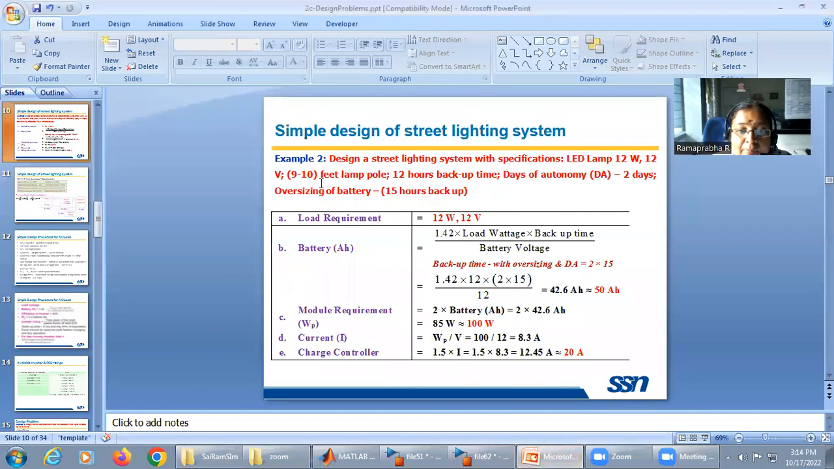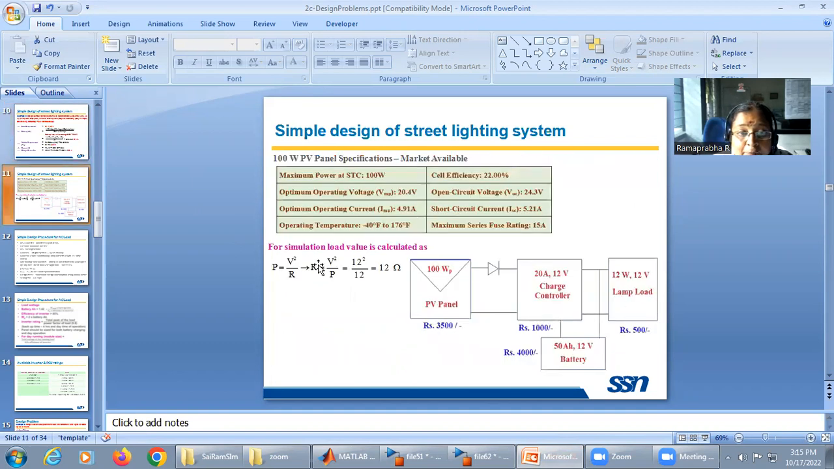So we have discussed example number 2, such that we need a panel requirement of 100 watt, right? With a current of 20 ampere charge controller for feeding the load of 12 volt, 12 watt, and a battery of 50 ampere hour, right? Then if you see the market available panel specification as discussed in problem 1, example 1, we have to take the user defined model and feed these parameters to get our market available panel requirement,